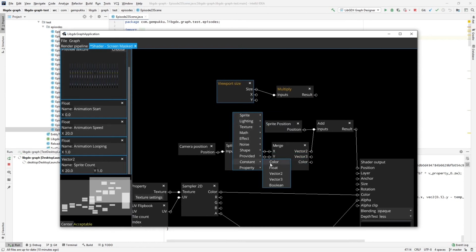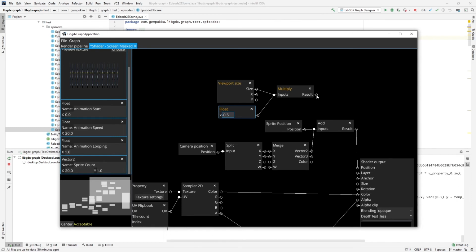So instead of subtracting by half, by multiplying by half, I'll multiply it by minus half. That way I can directly connect the output of this to the add here, which will result in subtracting half of the screen size. So let's go to the application again,